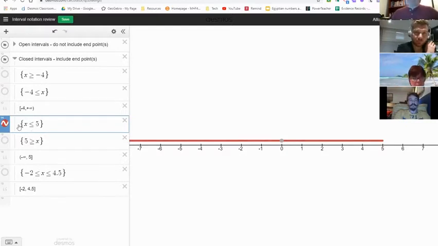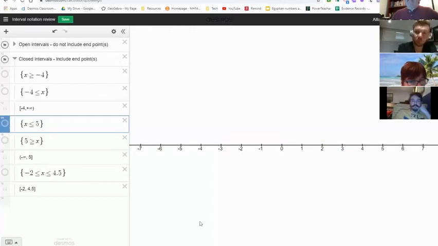We always try to put the x first. So the set of all numbers that are smaller or equal to 5. And then the other notation, which is the bracket notation, notice that we begin at -infinity. And of course, that has to be open, to 5, and the 5 is closed. Okay, cool. And then the last example is this one, a strictly closed interval. Yes, it includes the -2 because we have smaller or equal, and it includes the 4.5. The notation is with square brackets at both ends, and this is the interval that we would see on